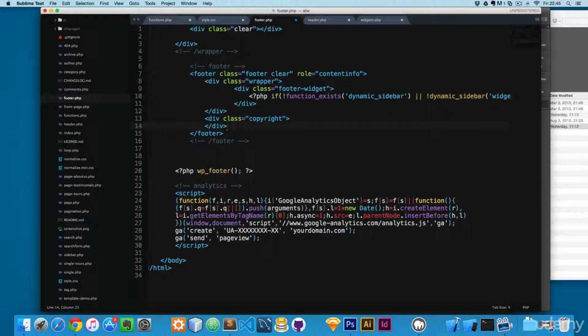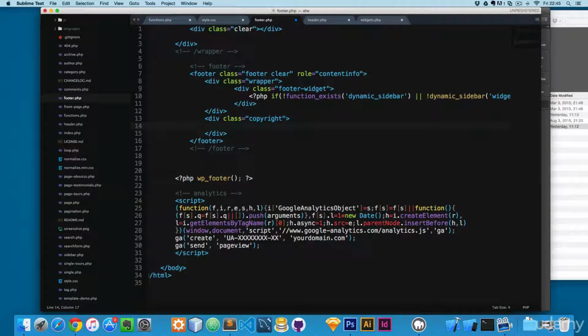Close this, and inside let's add something like a paragraph that says all rights reserved around the world, and we're gonna print with PHP the year. And I think we have to echo this,